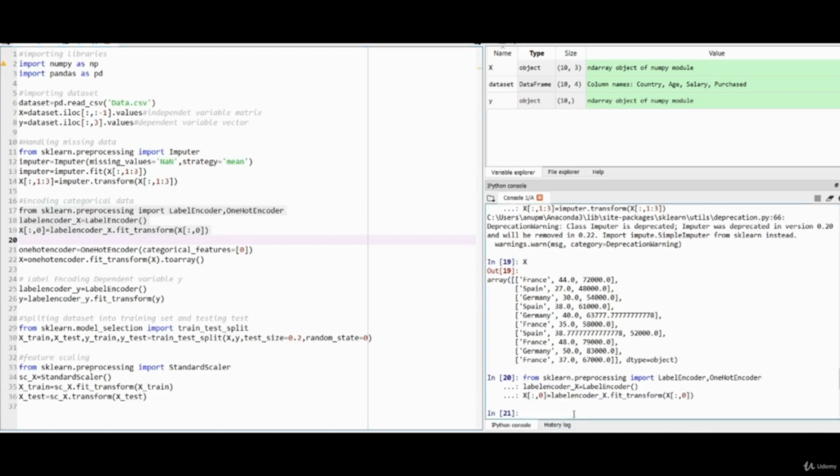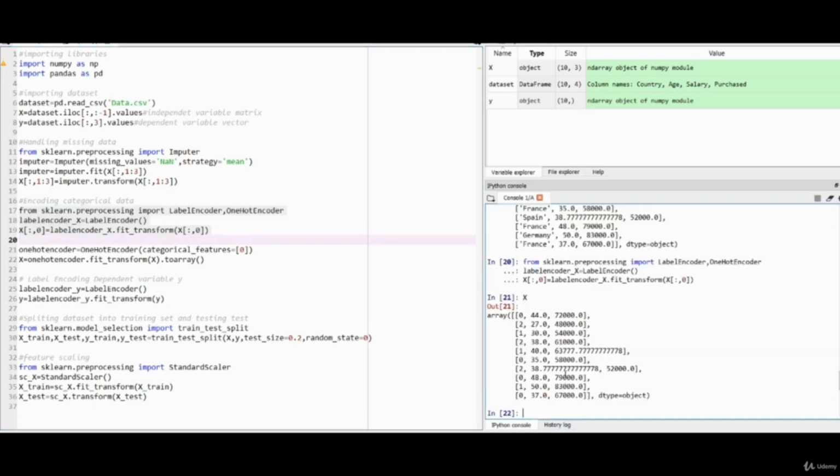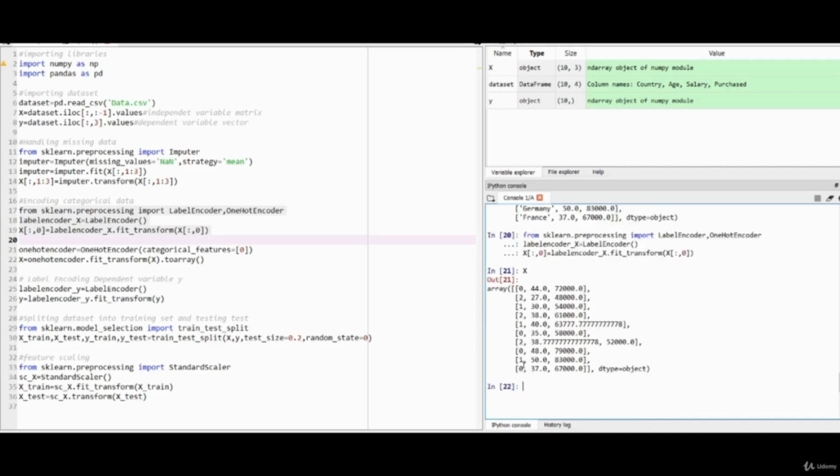Now let me print the X again. As you can see, now the values Germany, Spain and France have converted to 0, 1, 2. Now in machine learning, one problem about label encoding is that it will assign numerical values to the strings, and as you can see, 2 is greater than 1 and 1 is greater than 0, so the model will consider that 2 has higher priority than 1 and 1 has higher priority than 0, and it will make a relationship between Germany, France and Spain, and we all know that there is no relationship